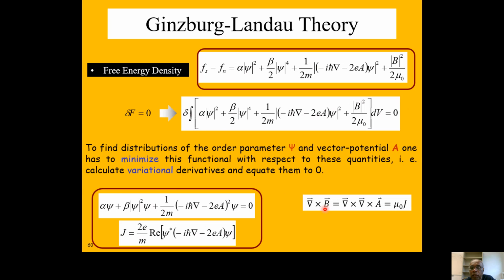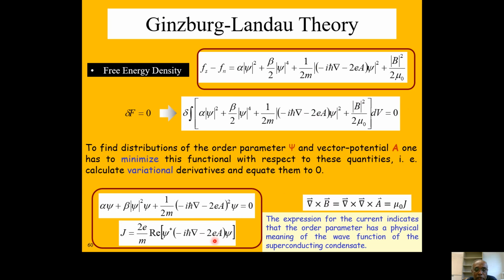Your grad cross B is given by grad cross A, that is mu naught J. From there, you can calculate your J, you get this expression. If you look at this expression, this is very similar to the probability current density in quantum mechanics, right? So that means this second expression indicates that the order parameter really has a meaning as a